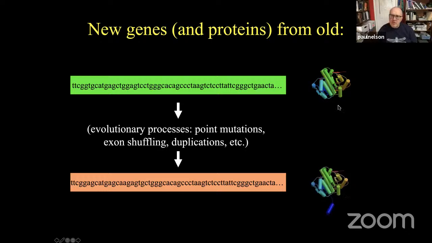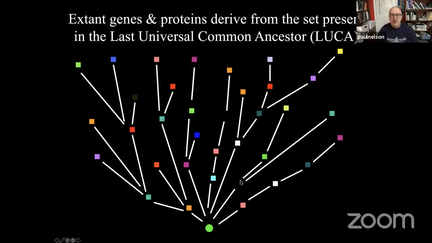Well, these would still nest together at the protein data bank because their overall fold is going to be the same. This one has an additional structure here, but these are going to be classed in the same family of proteins. And these DNA sequences, they will still be a trace of history because these evolutionary processes will not totally scramble the information that's present here in the mother sequence. The daughter sequence, you will still be able to identify via BLAST or some other matching algorithm,